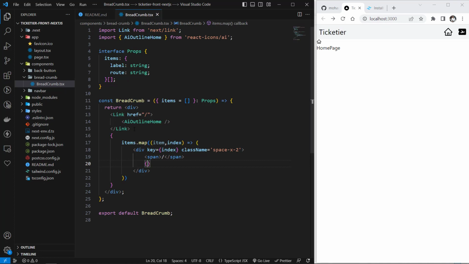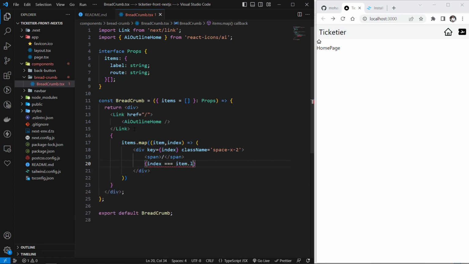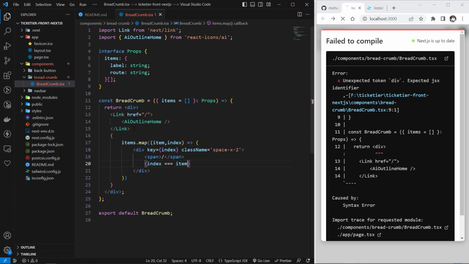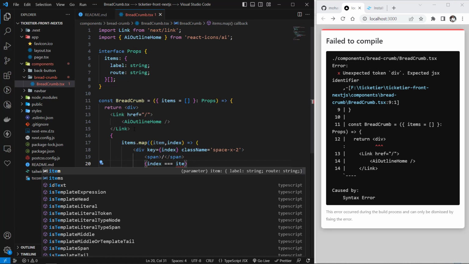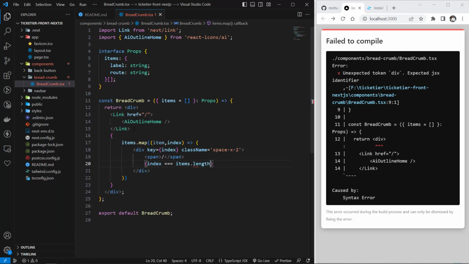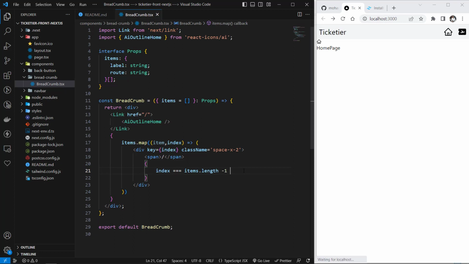So I say that if index equals items dot length minus 1, it means that this is the last one. So if it is, you need to